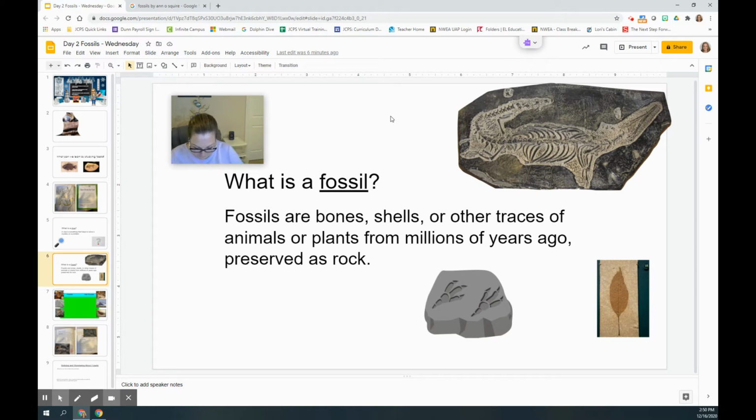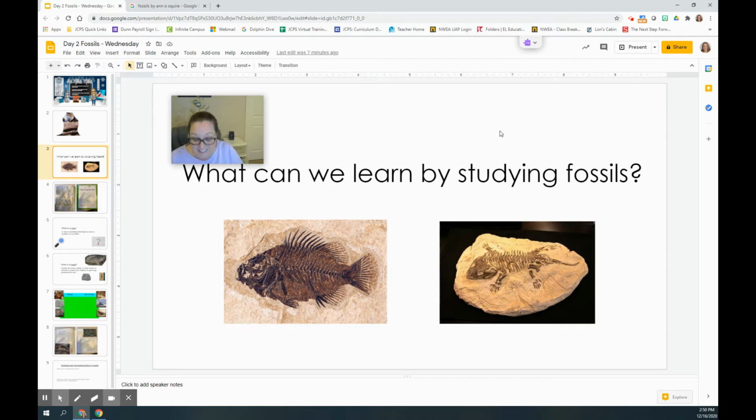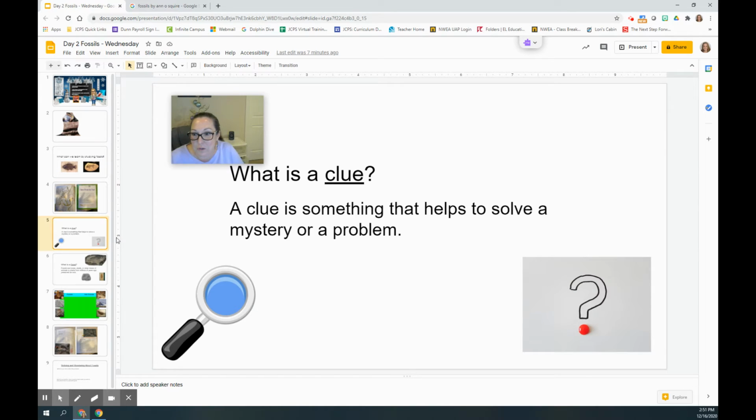So cool. Okay, so what can we learn by studying fossils? We can learn what the Earth was like long ago by studying a fossil. We can learn what dinosaurs looked like and what they ate. And we can learn what old humans were like from the past. Okay, so remember a clue. A clue is something that helps us to solve a mystery